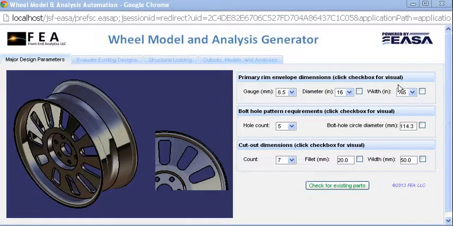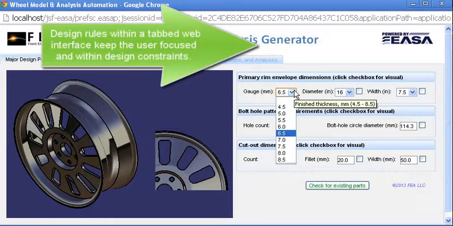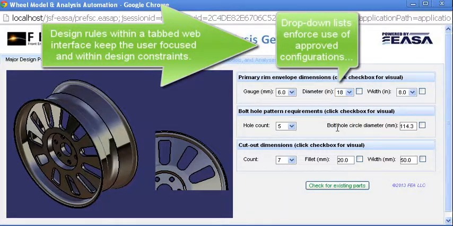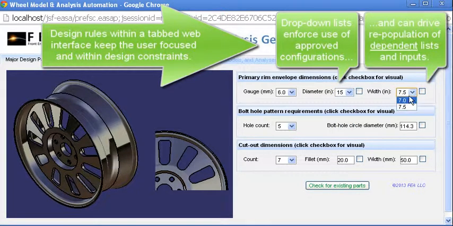Here's a web application created using the ESA platform that automates server-side generation of a CAD model and structural analysis using a simple tab-sequenced interface. This rudimentary wheel example is a perfect scenario to streamline derivative design while allowing engineers to focus on more significant